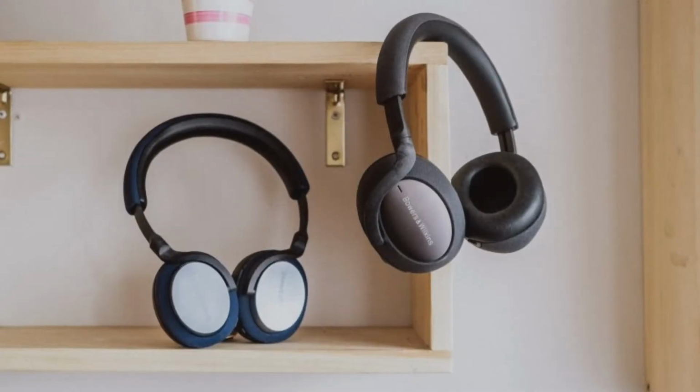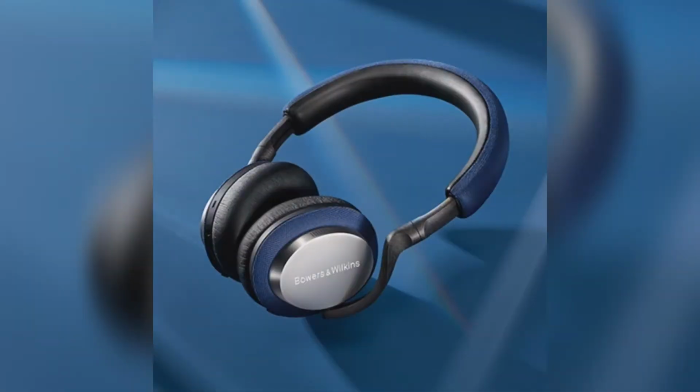The Bowers & Wilkins PX5 and PX7 might be the most beautiful noise-cancelling headphones I've laid my eyes on. I know, headphones should be about sound first and foremost, especially from a self-professed audiophile like me. And we'll get to that. But more often these days, headphones are fashion accessories as much as they are audio products, so design merits some talking about. The PX5 is the smaller, cheaper